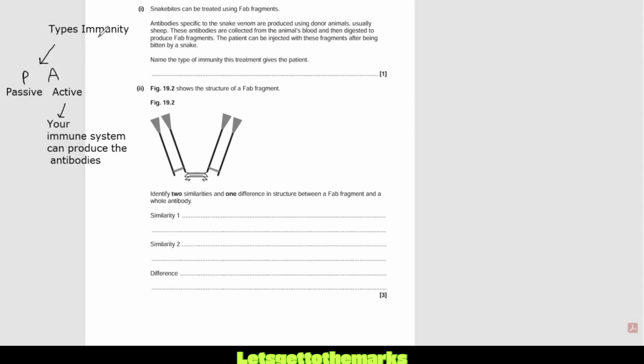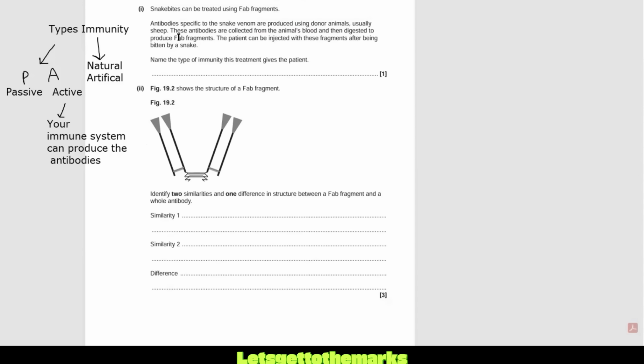And then the other 2 key terms: immunity can either be passive or active, and it can either be natural or artificial. To give you an example, passive and natural would be breast milk. A mother's breast milk contains the antibodies. The very early-on newborn baby can't make its own antibodies, so it's receiving antibodies in the mother's breast milk, and it's a natural process. The baby's not being injected with antibodies artificially. Artificial means it's come from an external source.